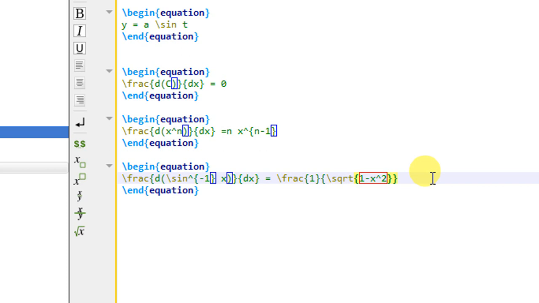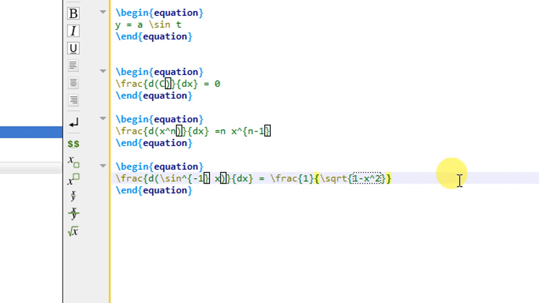So to get expertise in this, you need to practice. So more and more you practice in this LaTeX for the mathematical equations, the more and more easier you will find to write down the mathematical equation in LaTeX.